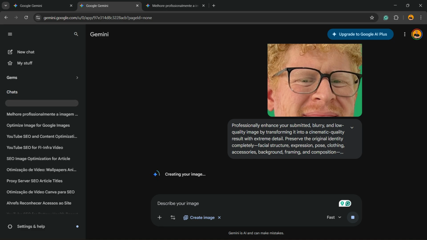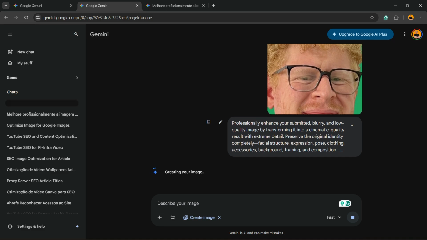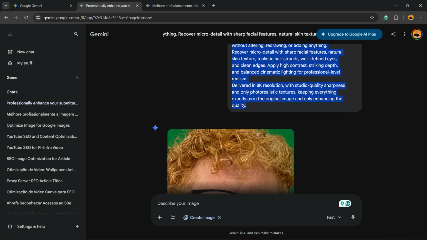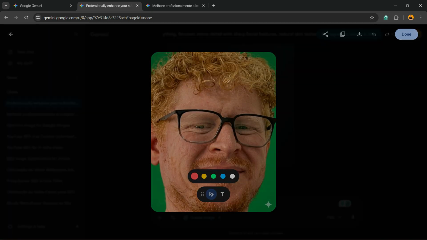We are creating the image. The time that it takes to create the image changes according to the image that you upload, but normally it's quite fast. Here is the prompt, so you can copy, and here is my image. As you can see,